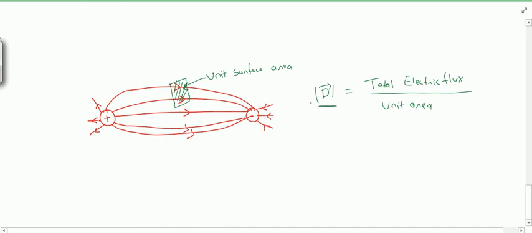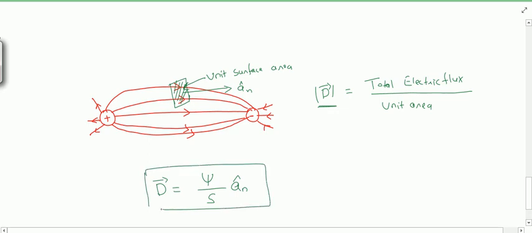सो ये तो हमने मैग्नीट्यूड की बात कर ली. अब क्योंकि ये वेक्टर क्वांटिटी है तो इट विल हैव डायरेक्शन आल्सो. So its direction is given by the unit vector which is perpendicular to the surface area. Whatever surface you are taking, the unit vector perpendicular to that surface will give the direction of this electric flux density. So we can write it in the form of vector also. What will it be? Total electric flux passing through this surface divided by the surface area, and the vector which is normal to the surface area. Here a n cap is what? Unit vector normal to the surface area we have considered. Okay,